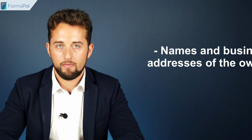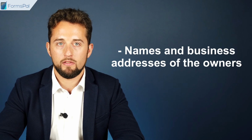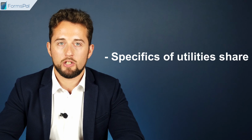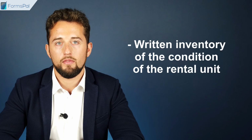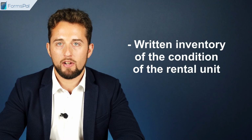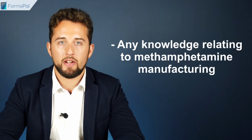Required disclosures. Apart from the above-mentioned disclosure, the landlord should also provide the following information in a lease agreement: the names and addresses of the persons authorized to manage the premises to be rented and its owners, the specifics of how utilities are split between multiple tenants and common areas, a written inventory of the condition of the rental unit, excluding ordinary wear and tear, any knowledge relating to methamphetamine manufacturing, use, or storage in the premises to be rented,